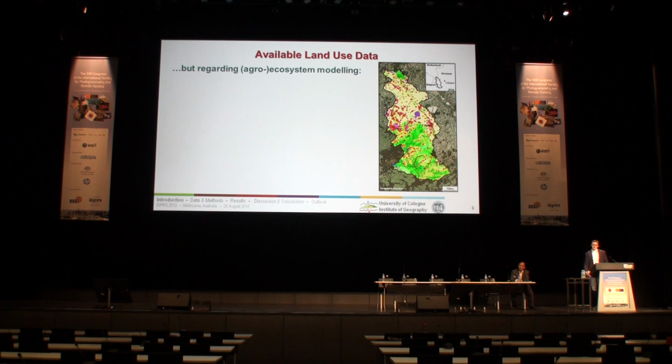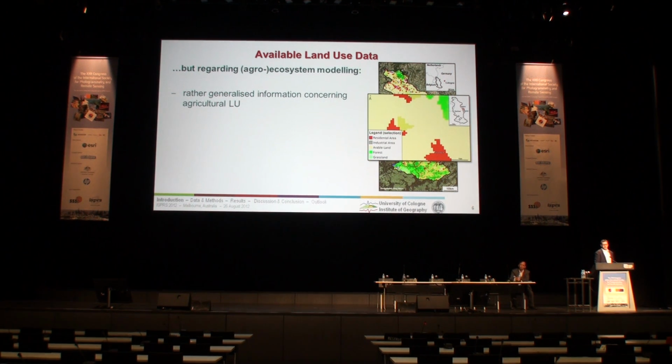Concerning agroecosystem modeling, like it is conducted in the TR32, especially concerning agricultural land use, the information content is rather poor, because arable land is represented very generalized, so there's no more differentiation. So usually agricultural land is only differentiated into arable land, pasture, specialized crops. And here you can see it in the subset. The scale bar is 1 kilometer, and concerning the arable land, there's not much information there. Often also the spatial resolution is too low, and due to update cycles of more than 3 years, there's no